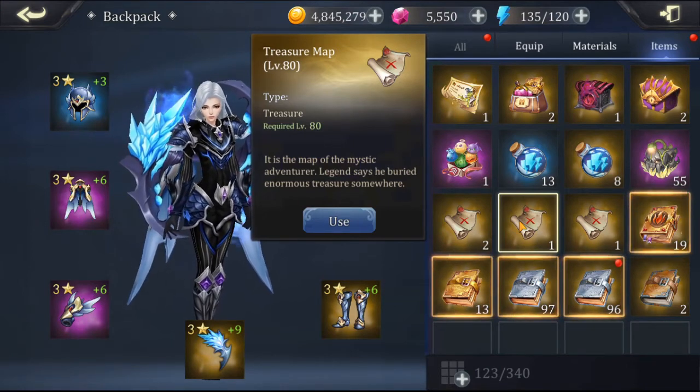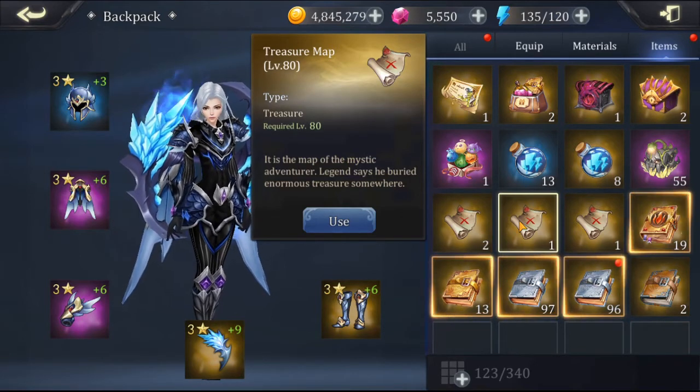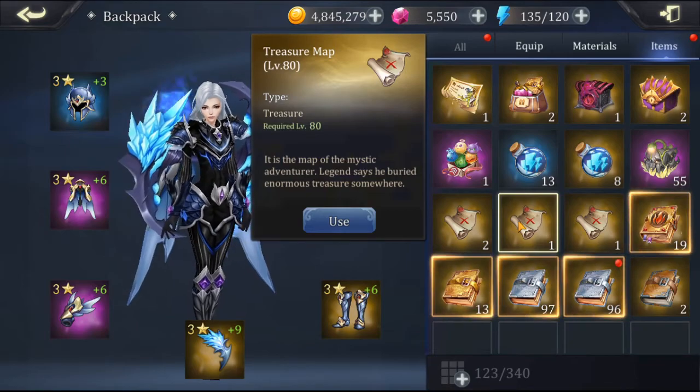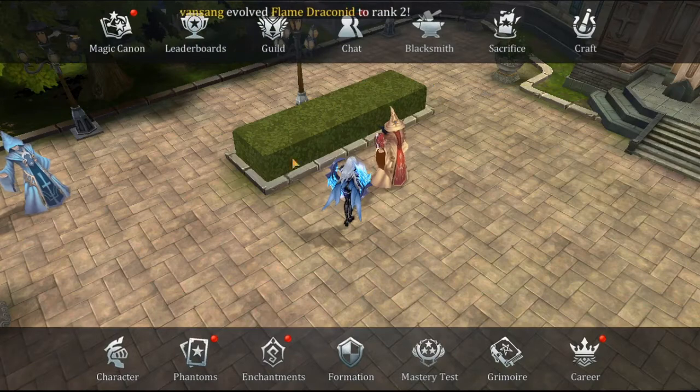But one of the items you could find when doing a treasure map is an enchantment. Now, you're not always going to find an enchantment. It's just one of those things that you can find. And the third and final place that I know of that you can find an enchantment piece is in the